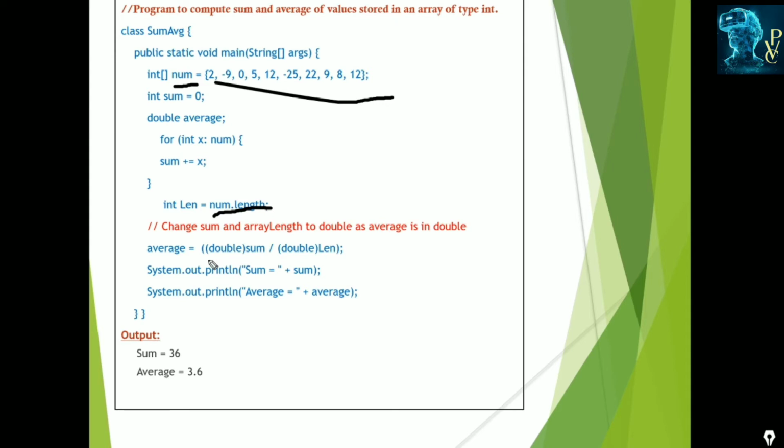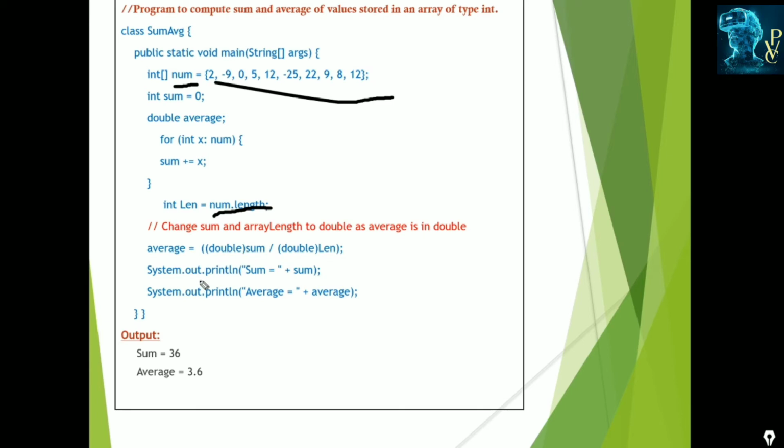So here we are using type conversion or typecasting. We convert sum into double, and divide by double of length. In length we have the number of elements in the array. So it can be calculated and assigned to the average.